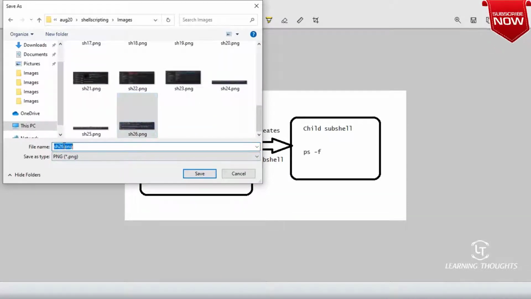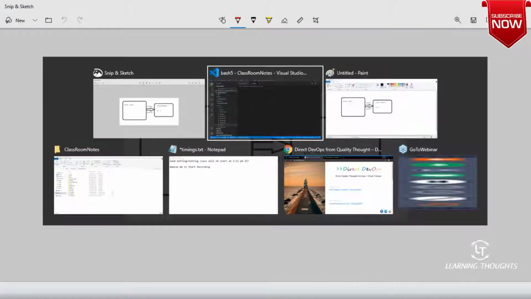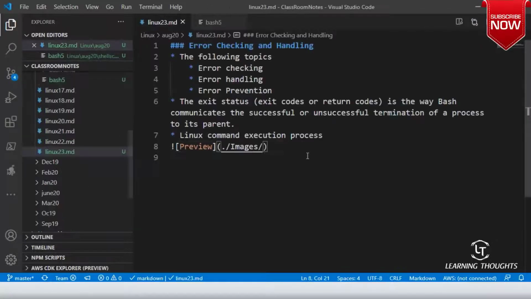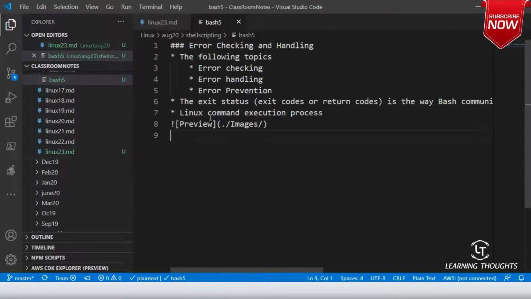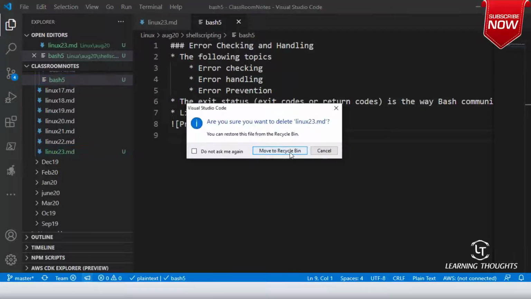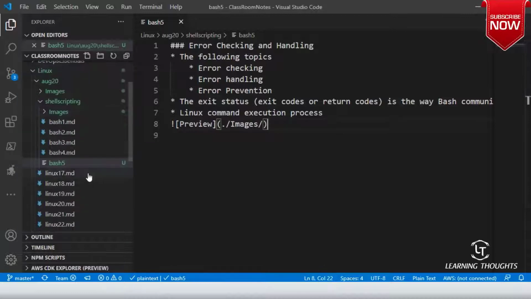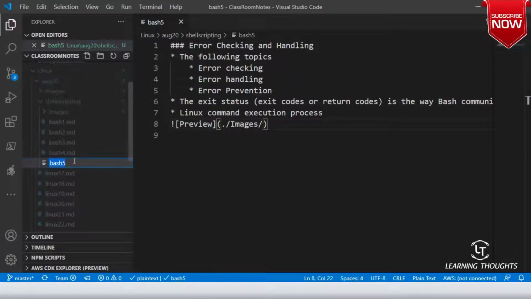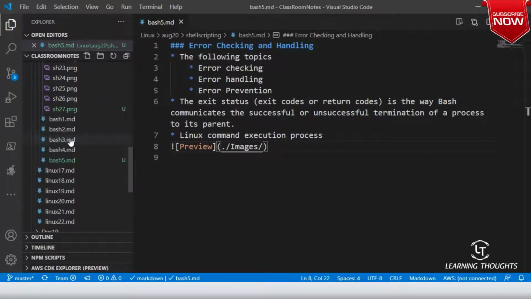So sh27, and in Linux 23.md I'll try to delete this file. Move to recycle bin. So bash 5.md, and the image which we have created is sh27.